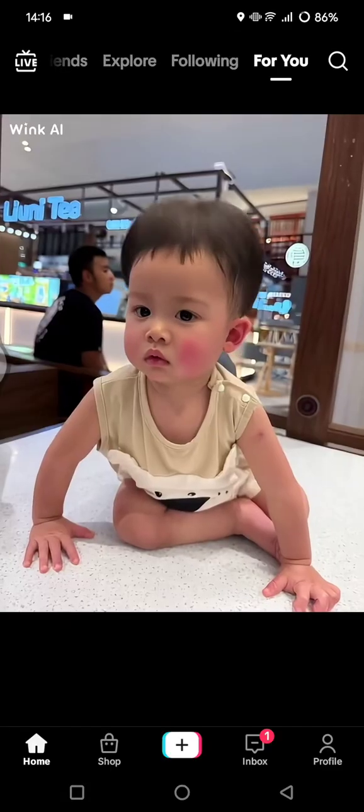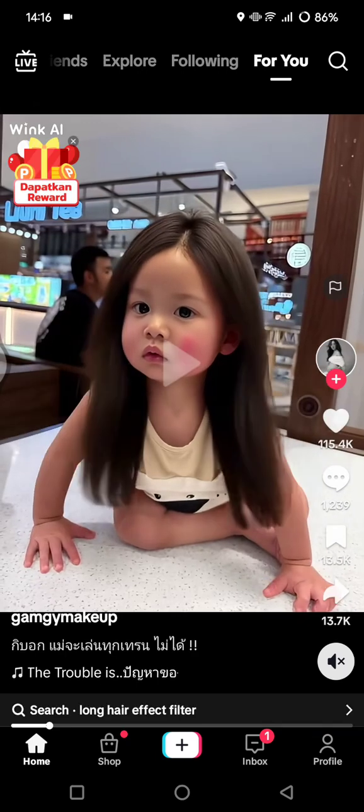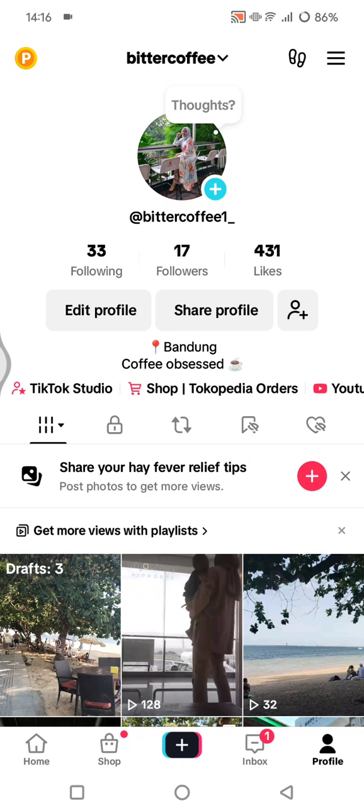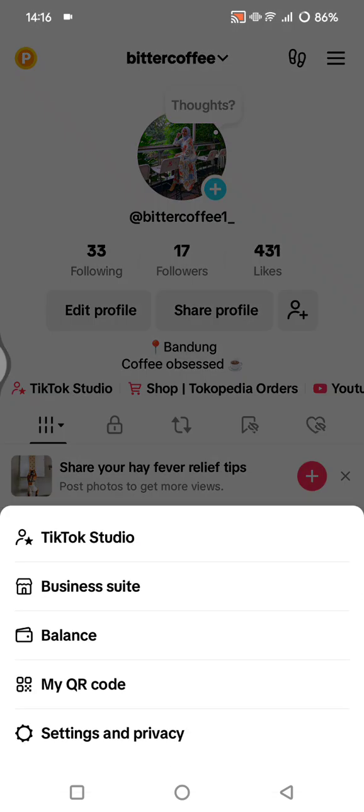First, let's just launch the TikTok app. And in here I'm going to click on this profile, and you can see I'm using a light mode or light theme on my TikTok, and I want to turn into a dark mode, but I cannot seem to find it. You can just here click on the three lines icon at the top right corner,